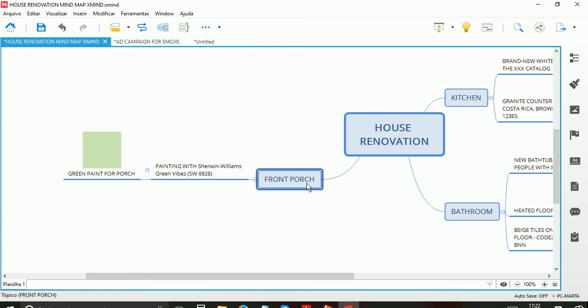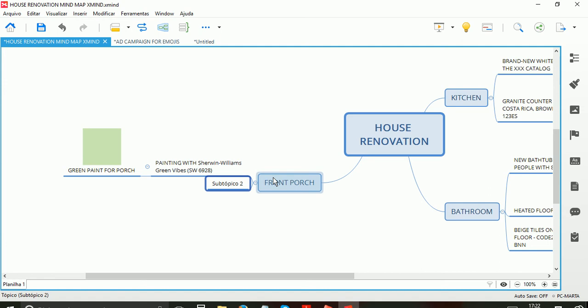So for the front porch, I can go ahead. I'm interviewing the client, and she wants another requirement. She wants something else for the front porch. As I mentioned earlier, it's just a matter of hitting insert. So I have another topic, and in here let's put some light fixtures